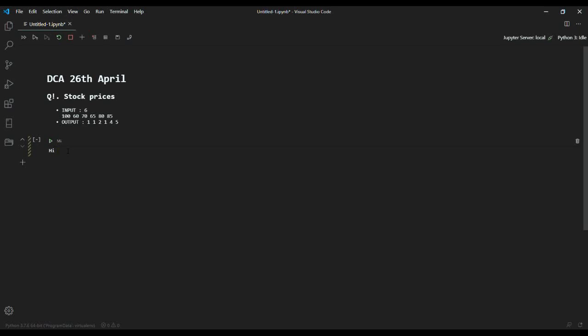So here we are. If you didn't get the question in one go, I'll go over it again. There will be an array where you will be given stock prices of consecutive days. For example, in this input, 6 is the number of days, and there will be 6 values, one for each consecutive day. For a given day, you will have to find the number of consecutive days where the stock value is less than the current day. So it is as easy as that.